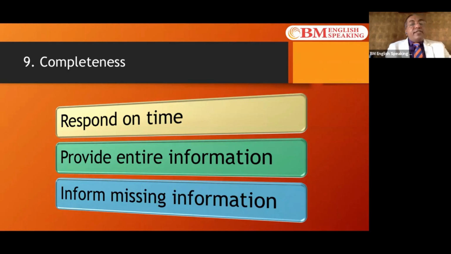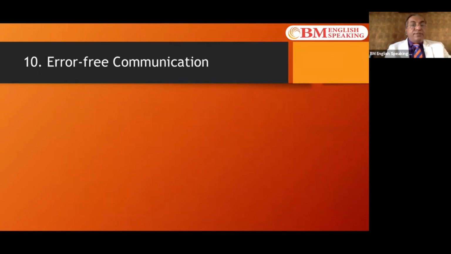Also, to make sure that your information is complete, in case there is some missing information in what you have shared, add a line in the end, when you're speaking or writing, that this information I will provide later. That completes your message. That makes sure that your communication is complete. It's not half, it's complete information. So this is another technique that you can use to be an effective communicator.